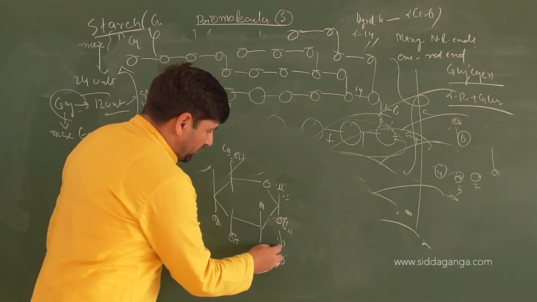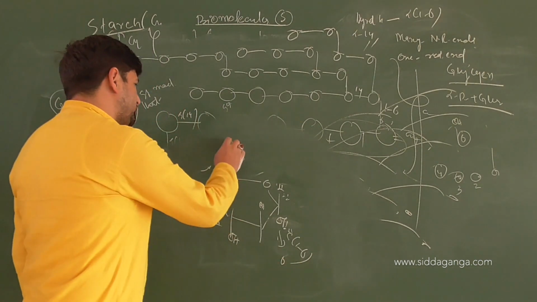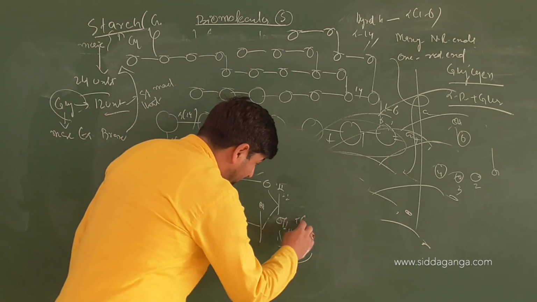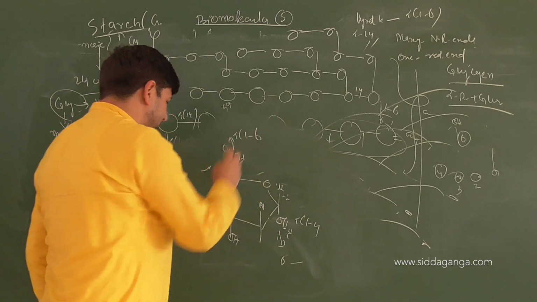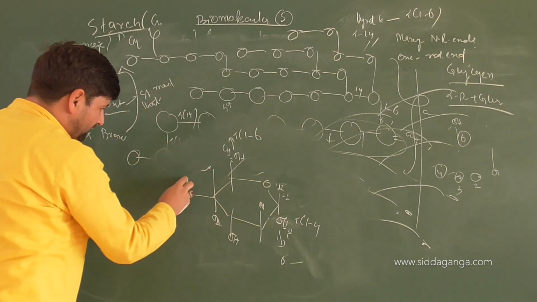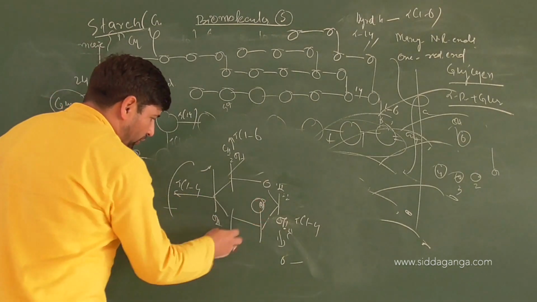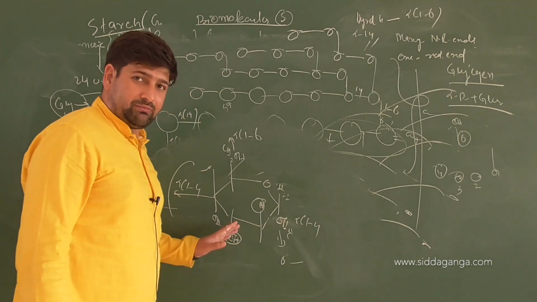This will be used for bonding, the C1,6 link. This also will be used for the C1,6 link. This will be used for the alpha 1,4 link. This will be used for the alpha 1,6 link. This will be used for the alpha 1,4 link, because the chain will continue on this side. There are 2 OH groups which are available to you. So the hydrogen bonding tendency by these will be there, but it will be less.